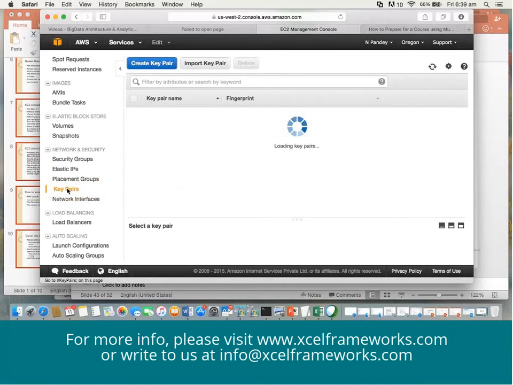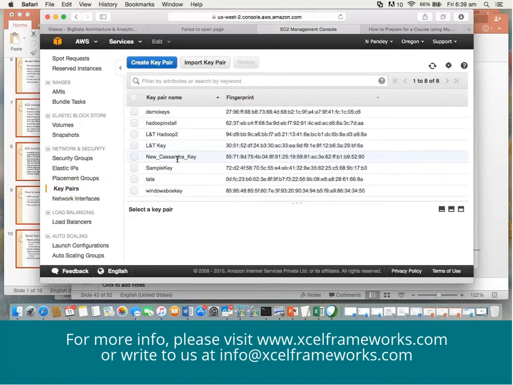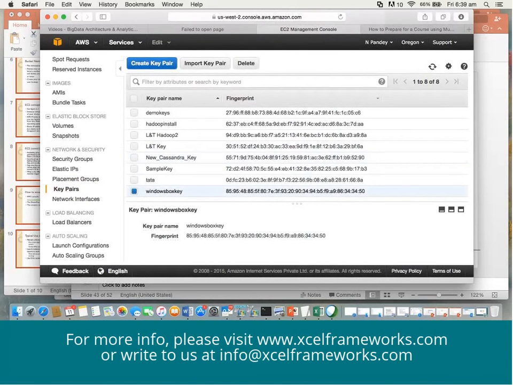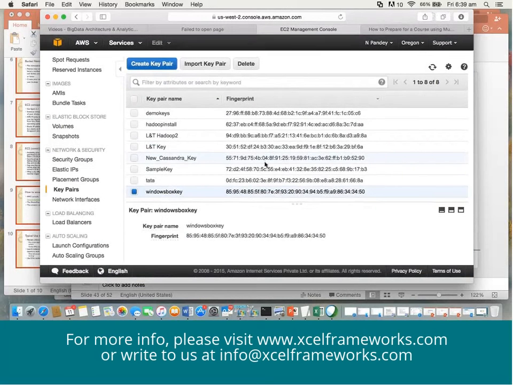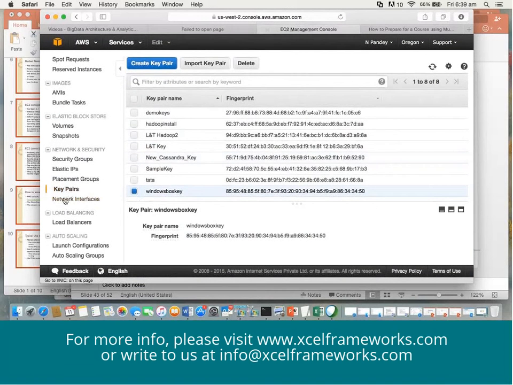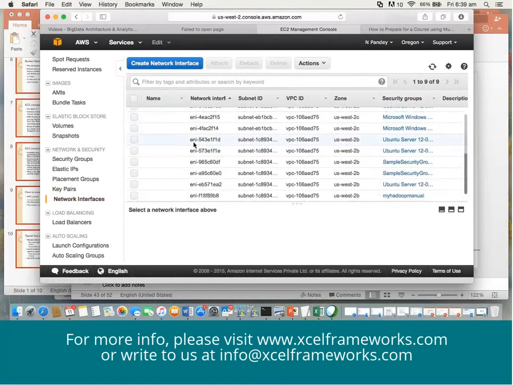Key pairs. So till now you have generated these many key pairs. Windows key. What you can do, you can import a key pair. Right? So this will help you decide how you want. Right?